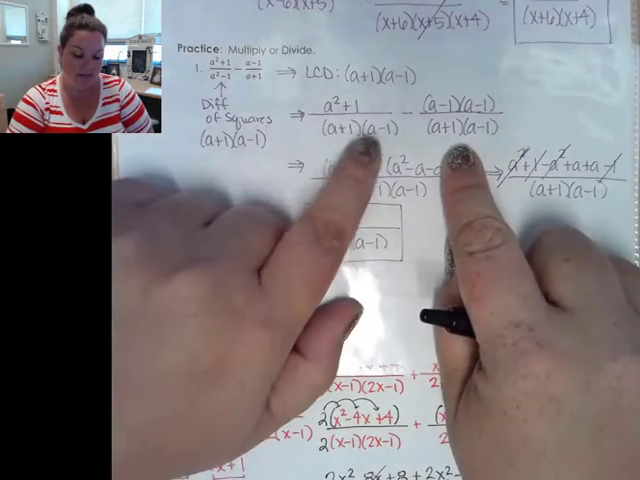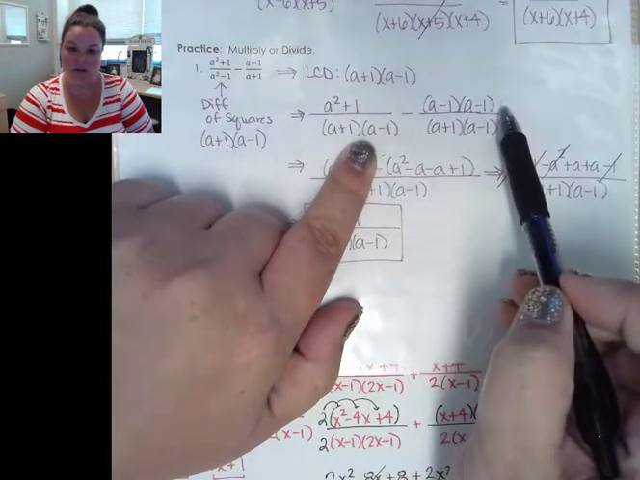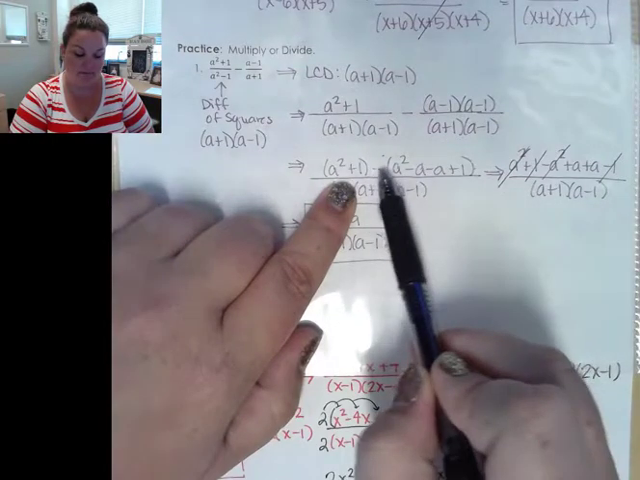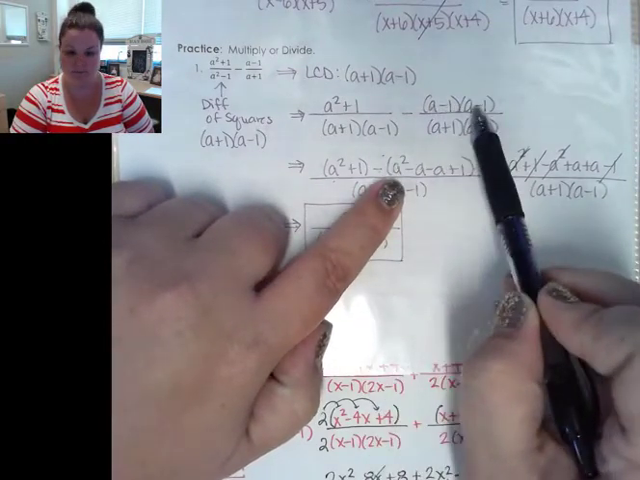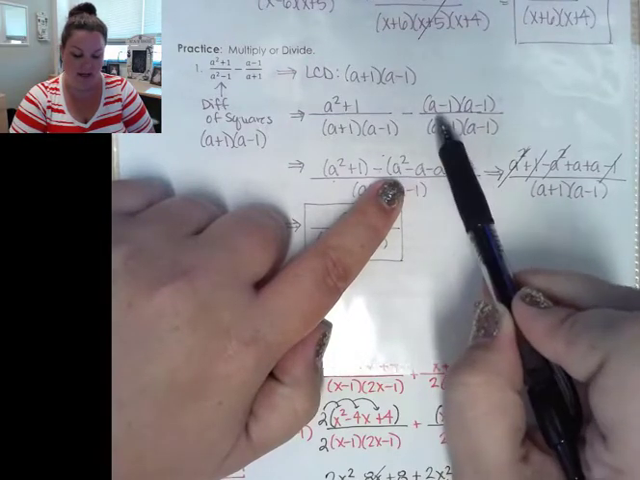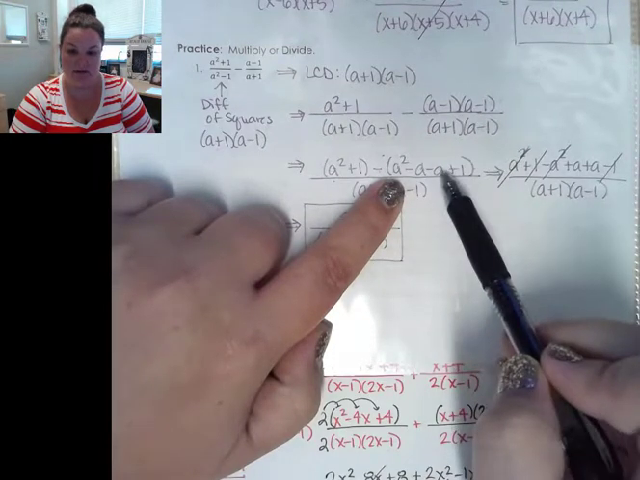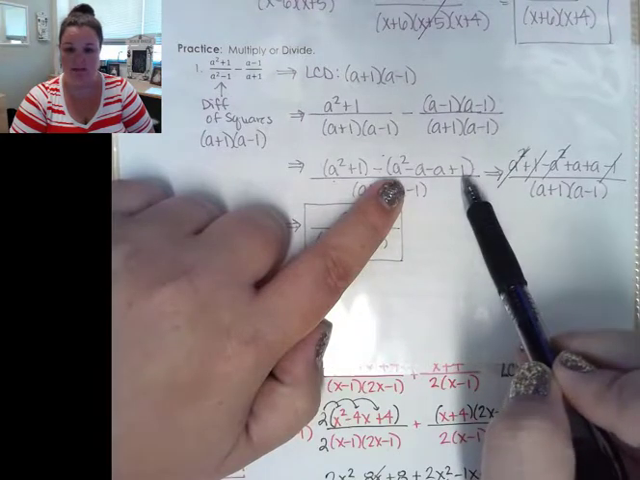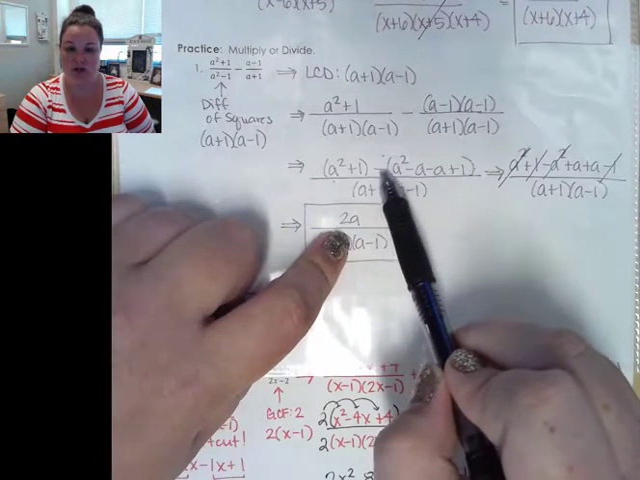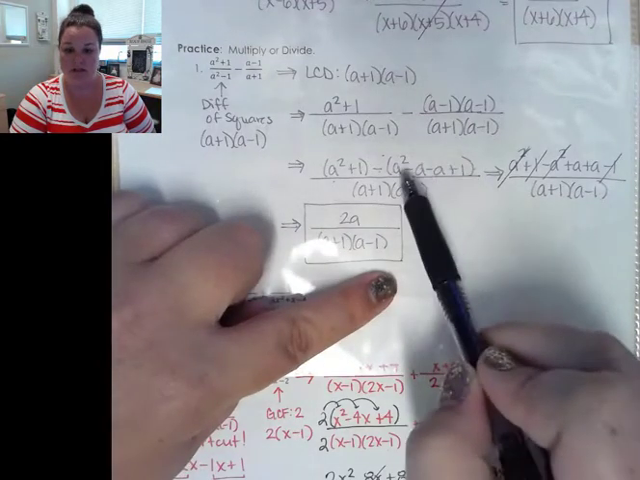Okay. Now that both denominators are the same, I can go ahead and just subtract across. So the first numerator stays the same, and then I'm subtracting this second numerator. Now I went ahead and multiplied this out. So a times a gives me my a squared, a times -1 gives me my negative a, -1 times a gives me my negative a, and -1 times -1 gives me my positive 1. And since I am subtracting, that means I need to distribute this subtraction to every term of that second numerator. Okay, so that's going to flip all the